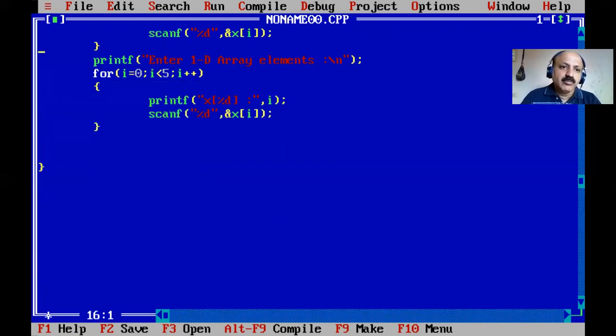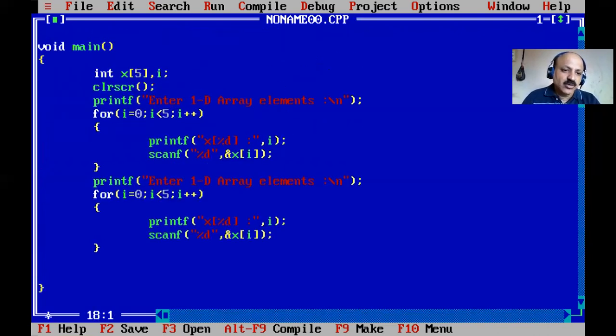So before and after ascending order, first we simply print. We can say before ascending, or descending depending upon. First we give the descending: before descending, 1D array elements are. Yes, so we can print.